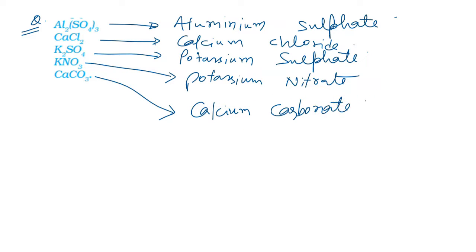Okay. So there is a different thing you will find, that here I am writing calcium chloride. In all other places I am using exactly the same name that I have given in the table above. But here, why instead of chlorine am I using chloride? Because whenever an atom has the tendency to form an anion, we end it by ide. That means we add the suffix ide. That's why it is calcium chloride. If it has a tendency to form a negative ion, ide will be added as the suffix.